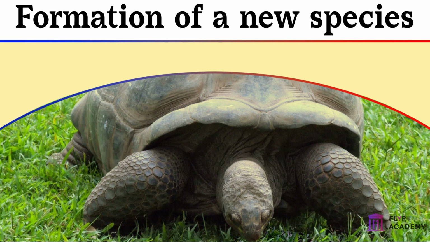Those with a domed shell ate food near the ground and had shorter neck and limbs. Those with a saddle-shaped shell ate food that was higher up, so it was an advantage to have a flatter shell and longer, more mobile neck. So these are the characteristics that evolved in these tortoises. Over generations, the tortoise populations on each island became more and more different until they were no longer the same